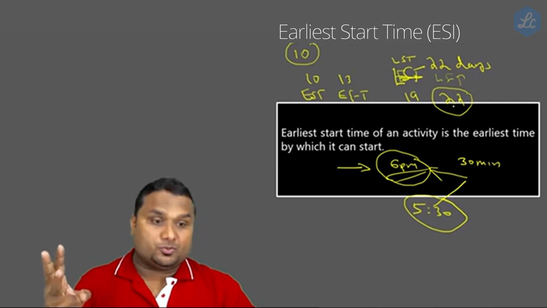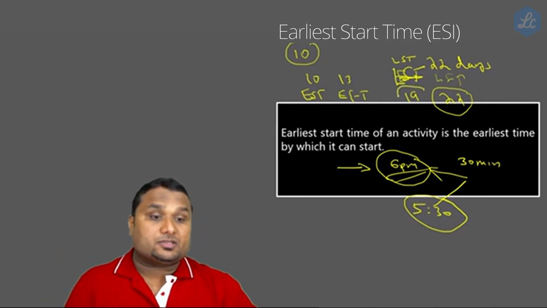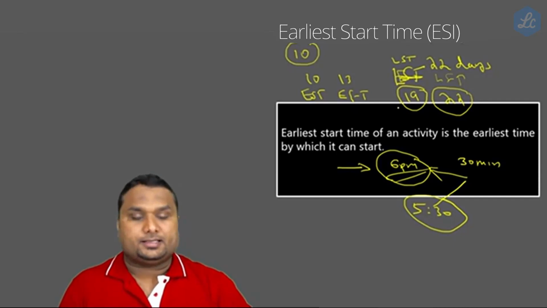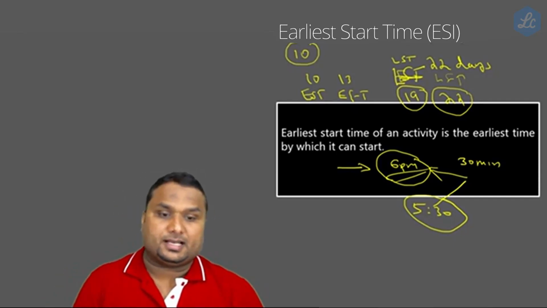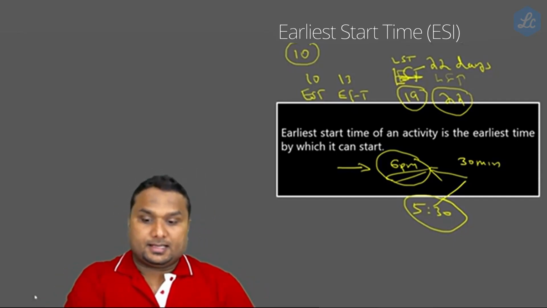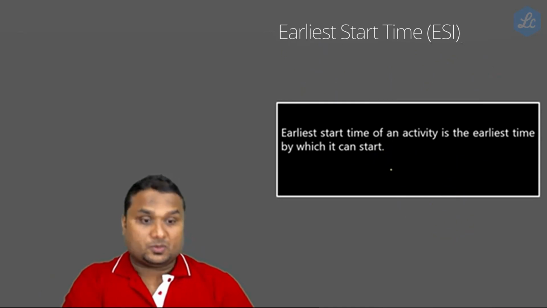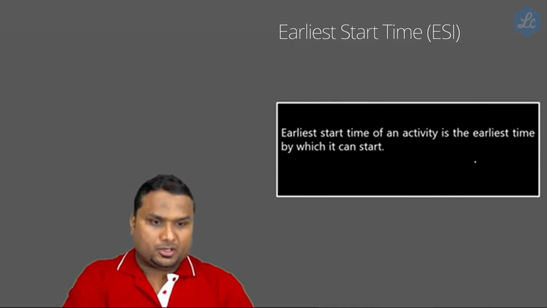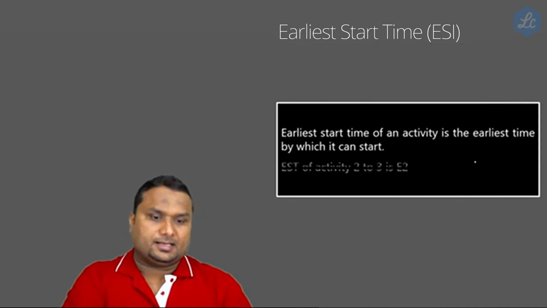3 days. So 22 minus 3, 19. Even if you start on the 19th day, there is no issue. This is something called the latest starting date. So I hope you got a very basic idea about earliest starting date. You will understand it better once we finish the diagrams.